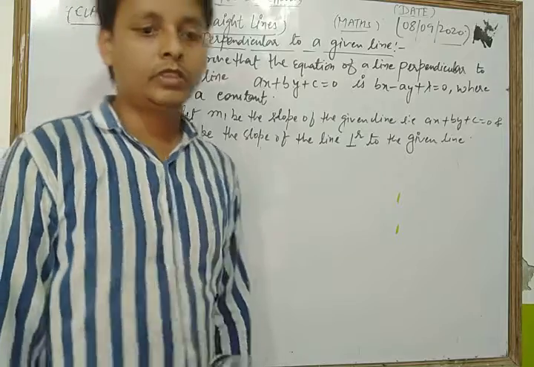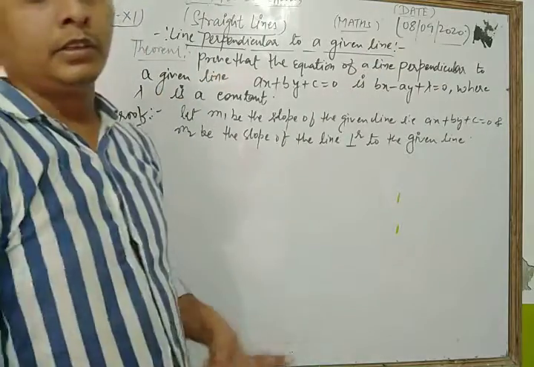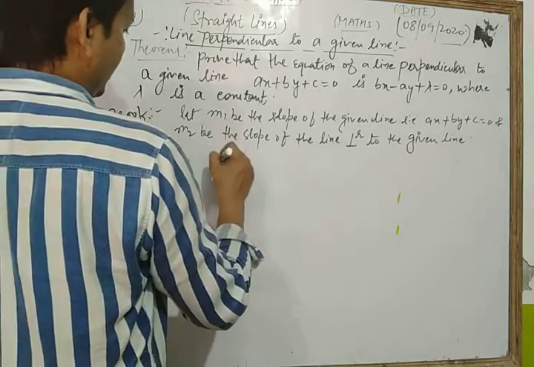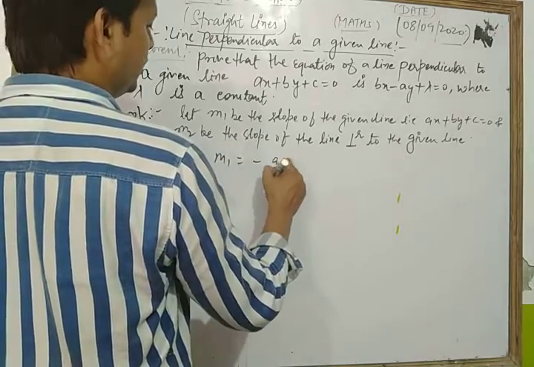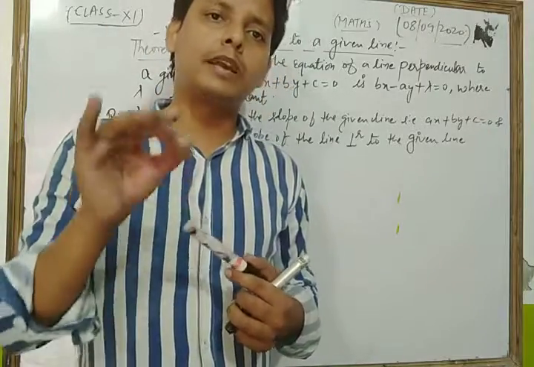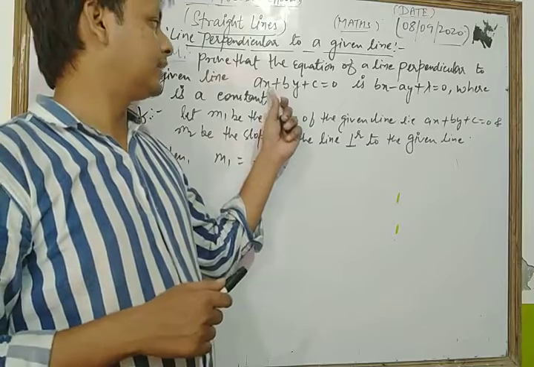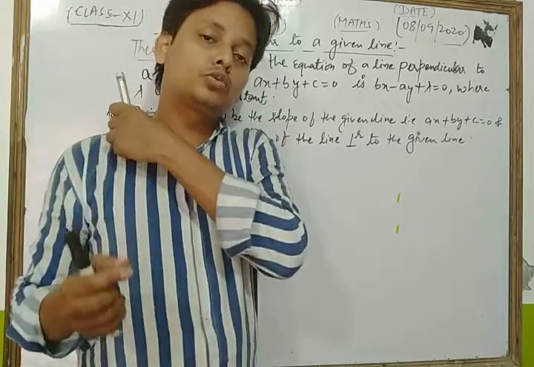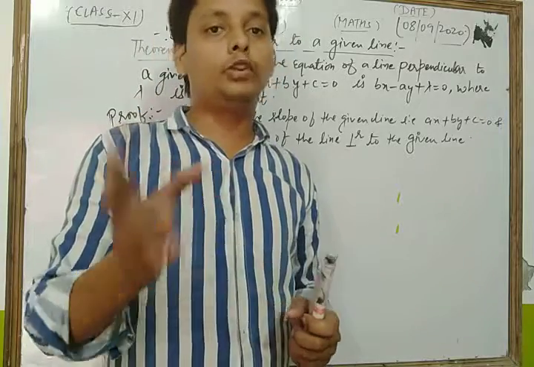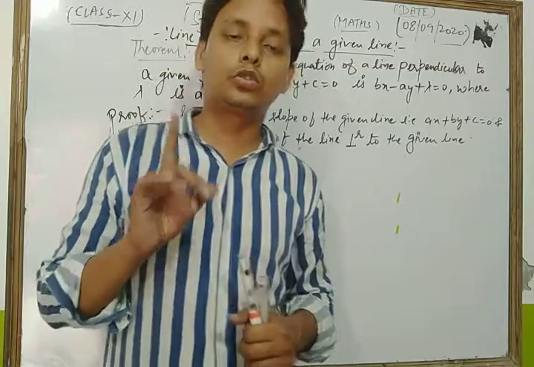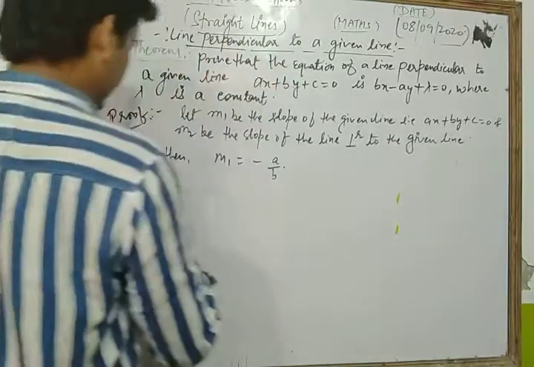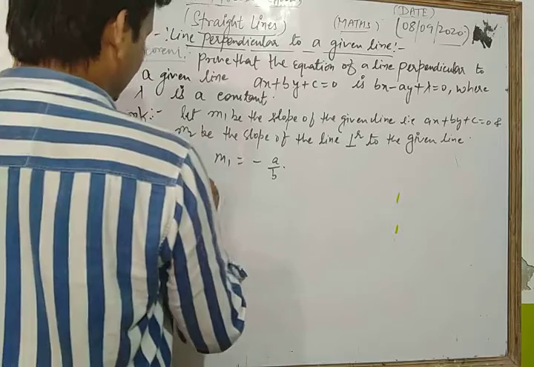Now dear students, you know that m1 is equal to minus a upon b, because the slope of a line is given by minus coefficient of x upon coefficient of y. Now, the slope of the required line is what? We know that when two lines are perpendicular to each other, the product of their slopes is equal to minus 1. Since both lines are